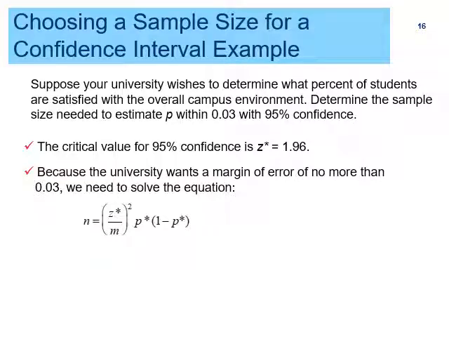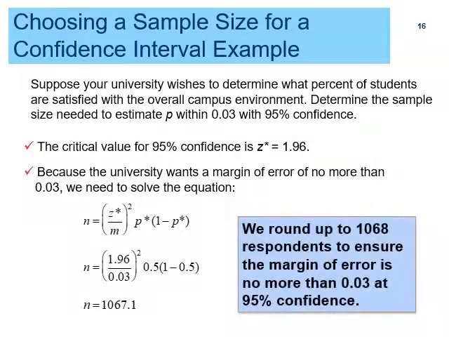So n is equal to z critical divided by m, squared, multiplied by p and 1 minus p. Putting in all the values, we got 1067.1. We round up to 1068 respondents